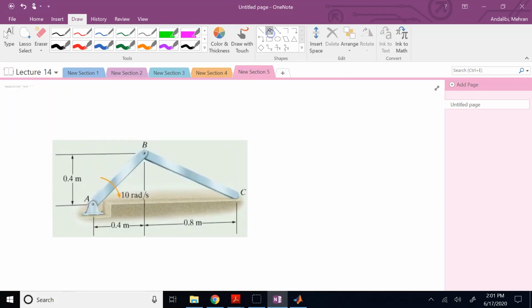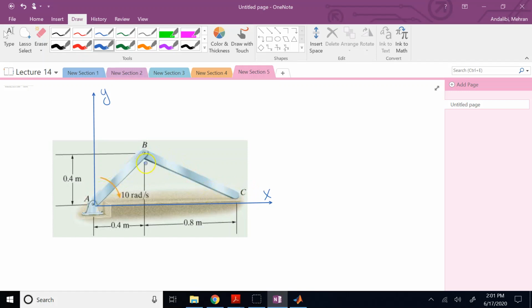So here we set up our coordinate system as we usually do, right? This is our XY coordinate, and we know that Z is out of the plane, of course. So whenever we are given a mechanism and more than one rigid body where they are connected together like this,